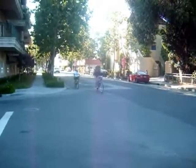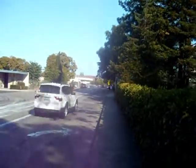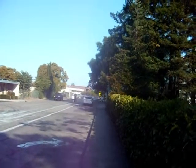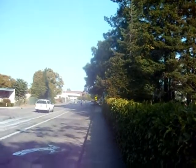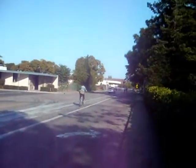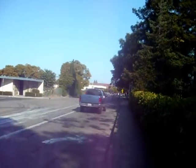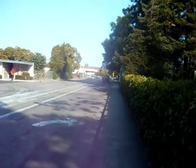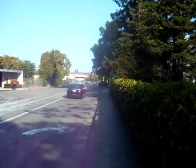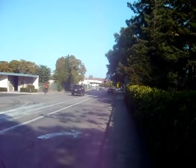We're a block or so down from the business district now, and this is one of the dicier blocks of the whole Park Blvd Bike Blvd. The lane that you see the cyclists in is maybe 4 feet wide, and it's on the outside of a right turn lane that's quite heavily used. And so you've got cars to the left of you, cars to the right of you, and you're never quite sure whether or not the guys who are on the right or left of you really know what they're doing,